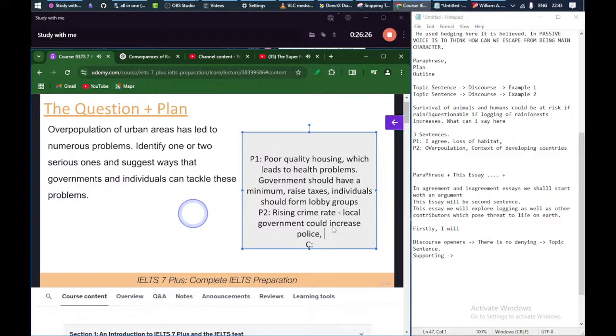It's detrimental. Okay, let's talk about the lobbying, in order to put pressure on the government,